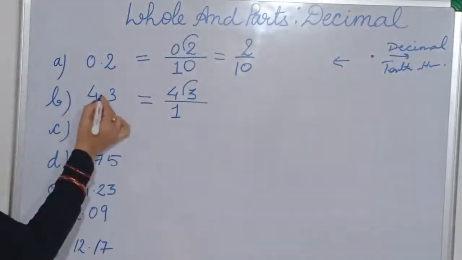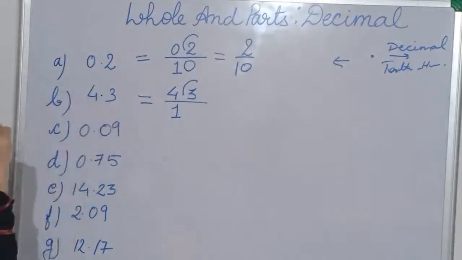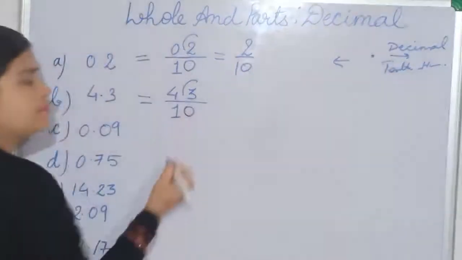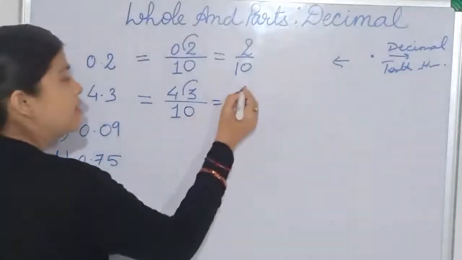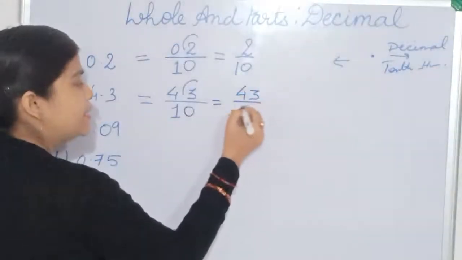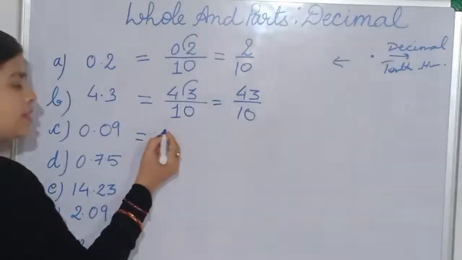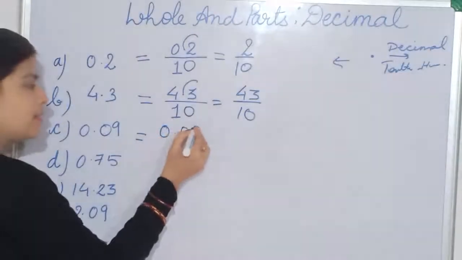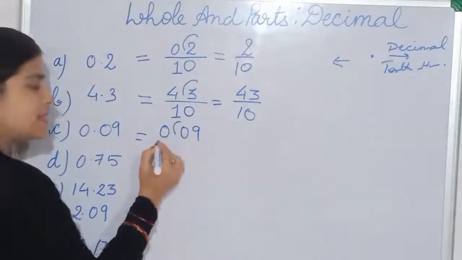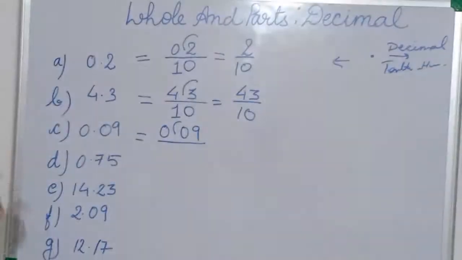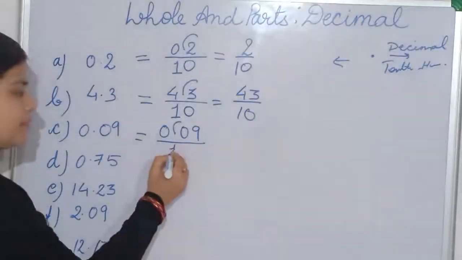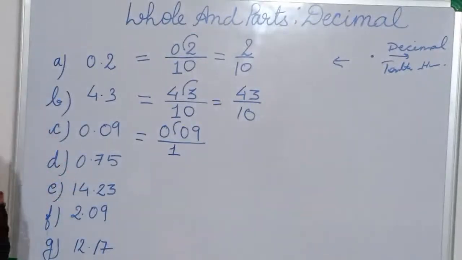You count here after the point how many places there are. There is only one place, so I will put only one 0. Okay? So it is 43 by 10. Same things we will do here. We will write the number without the decimal. And then in the denominator with the 1, we will write the number of 0s, as many as the decimal places